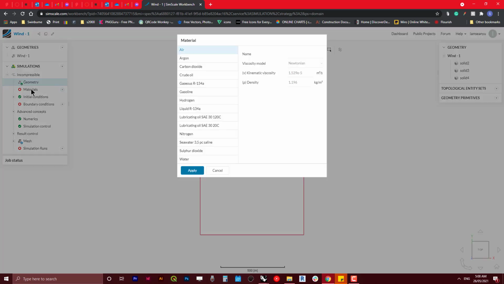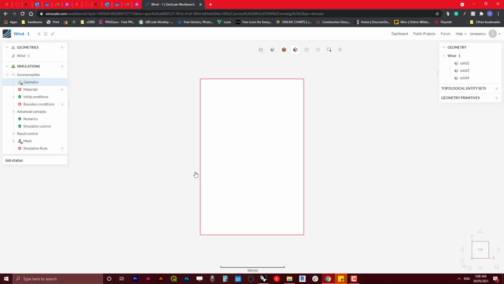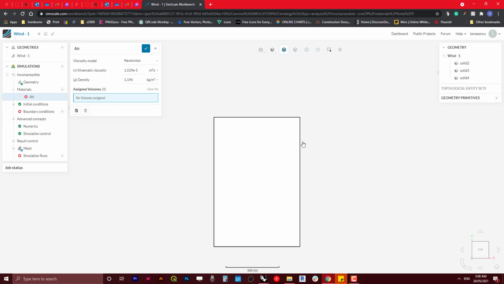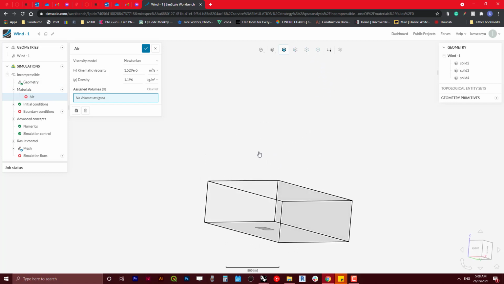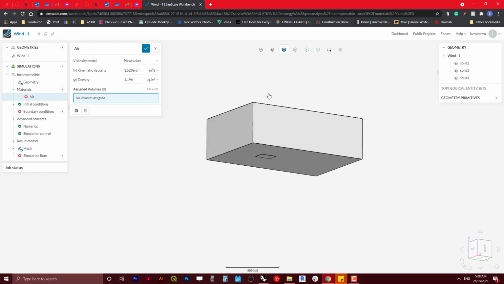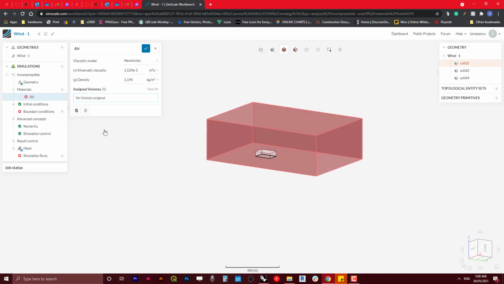Then we need to set the material as air. Rotate it a bit to see better. We can change the view here. So I select the box and click OK, the whole thing as the air,